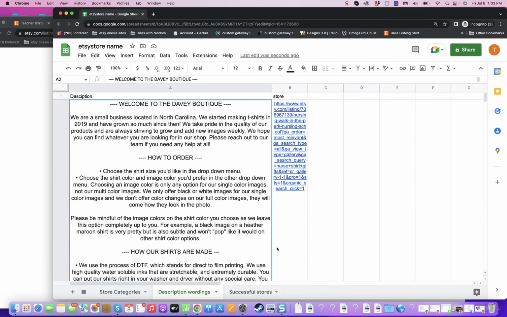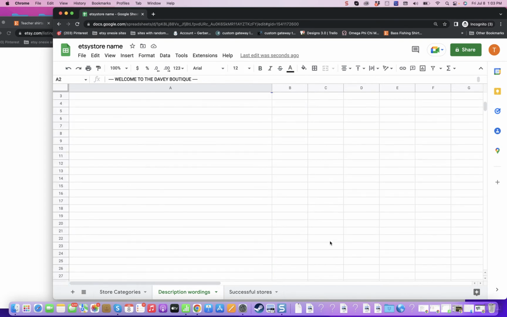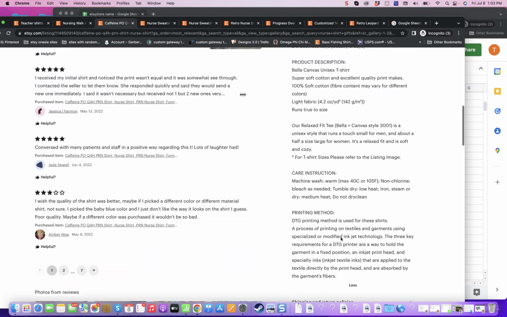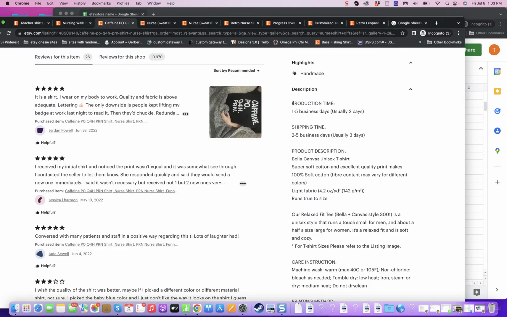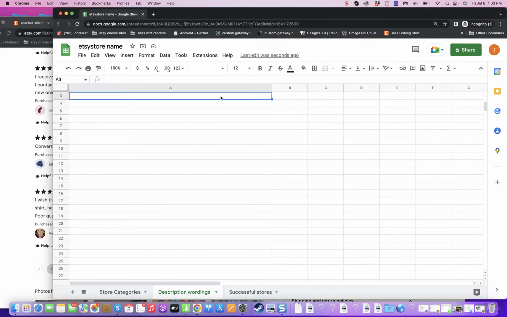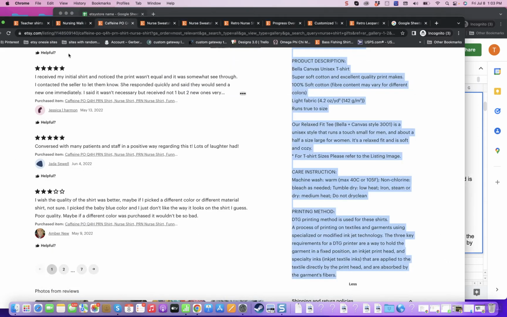And then I'd recommend you do that for the next one. Let's say you find another one that you like. Let's say you're on this one here and you're reading through and you're like, hey, I really like this description. It's good too. So then you can go ahead and copy it. And then you can start to come up with a description based off of